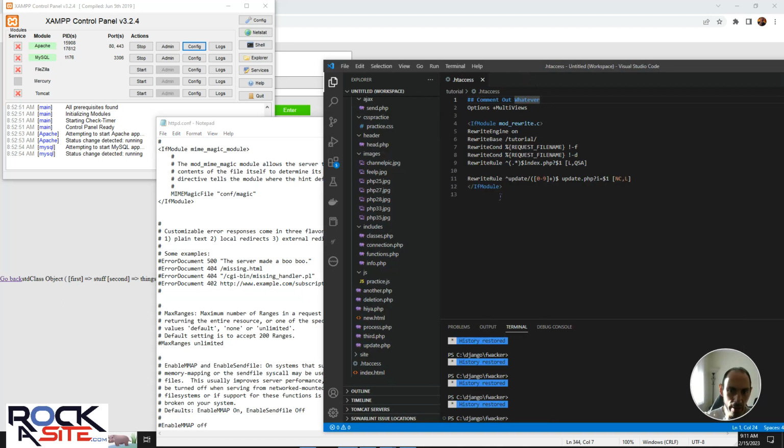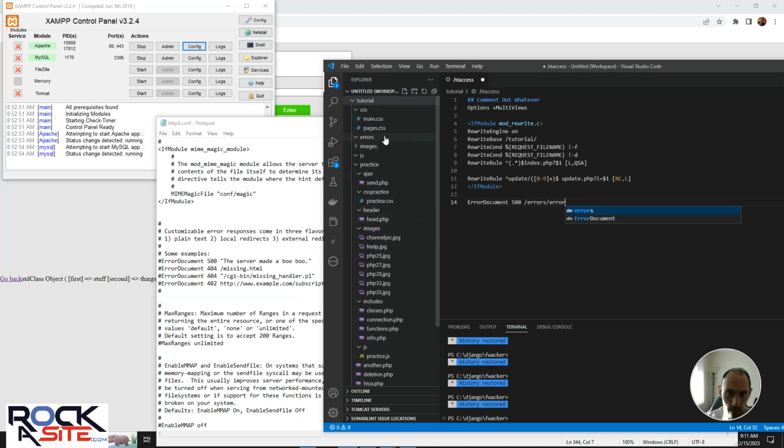where we can say ErrorDocument in here, like this, ErrorDocument, and then you say like 500, and then you put a space, and you put your folder in there. The only thing is that this hasn't worked for me. Well, I don't have any folders now, but it hasn't worked for me, but you're supposed to be able to do that. We're going to use more PHP to do rewrites,